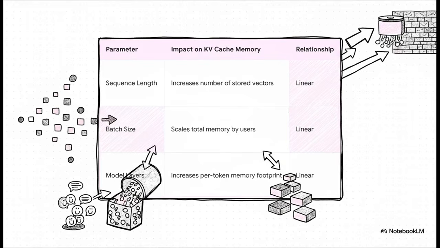And that flaw? It's all about its size. It just grows and grows in this frighteningly predictable way. Every new word you type makes the cache bigger. Every extra person chatting with the AI makes the total cache size bigger. And of course, as the models get more powerful, their caches get even bigger. It's this linear explosion. The more you use the AI, the more memory it just devours, until it slams into